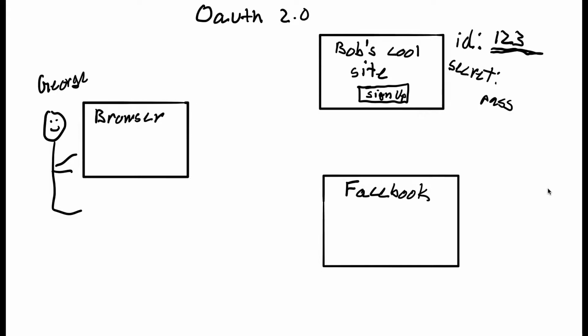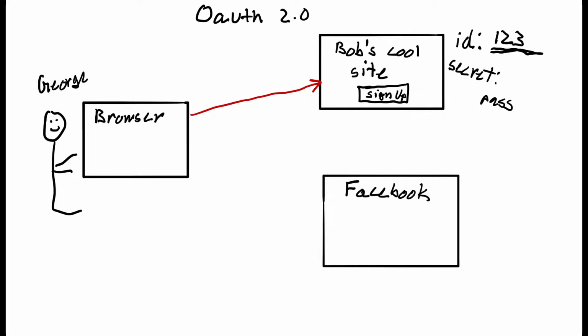Now, after Bob has set up everything with his website, hopefully he'll get users to come to his site. Let's say that we have a user named George. George has an account at Facebook, like most people do, so he's already registered with Facebook, and he lands on Bob's cool site. George really likes it and wants to sign up, but George does not want to create a new password. So he sees the sign up with Facebook button, and he's going to click the link. By clicking the link, George will make a request to Bob's website saying, I would like to sign up